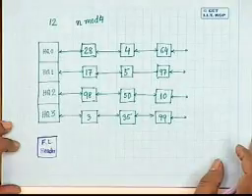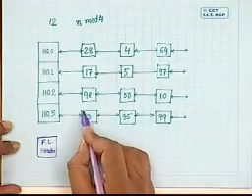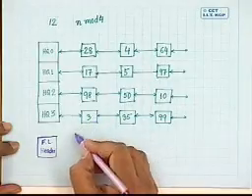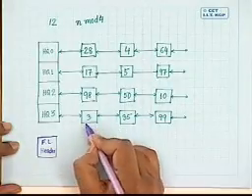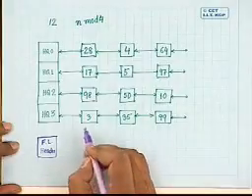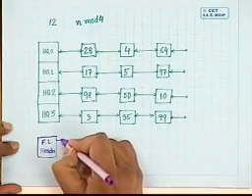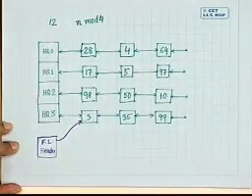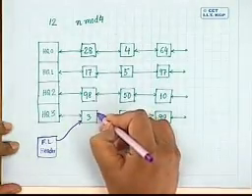Then it may so happen that the first buffer in the free list, which is the head of the free list, will be the buffer containing block number 3. If I follow the forward pointer, this is the first buffer in the free list. The next buffer in the free list may be